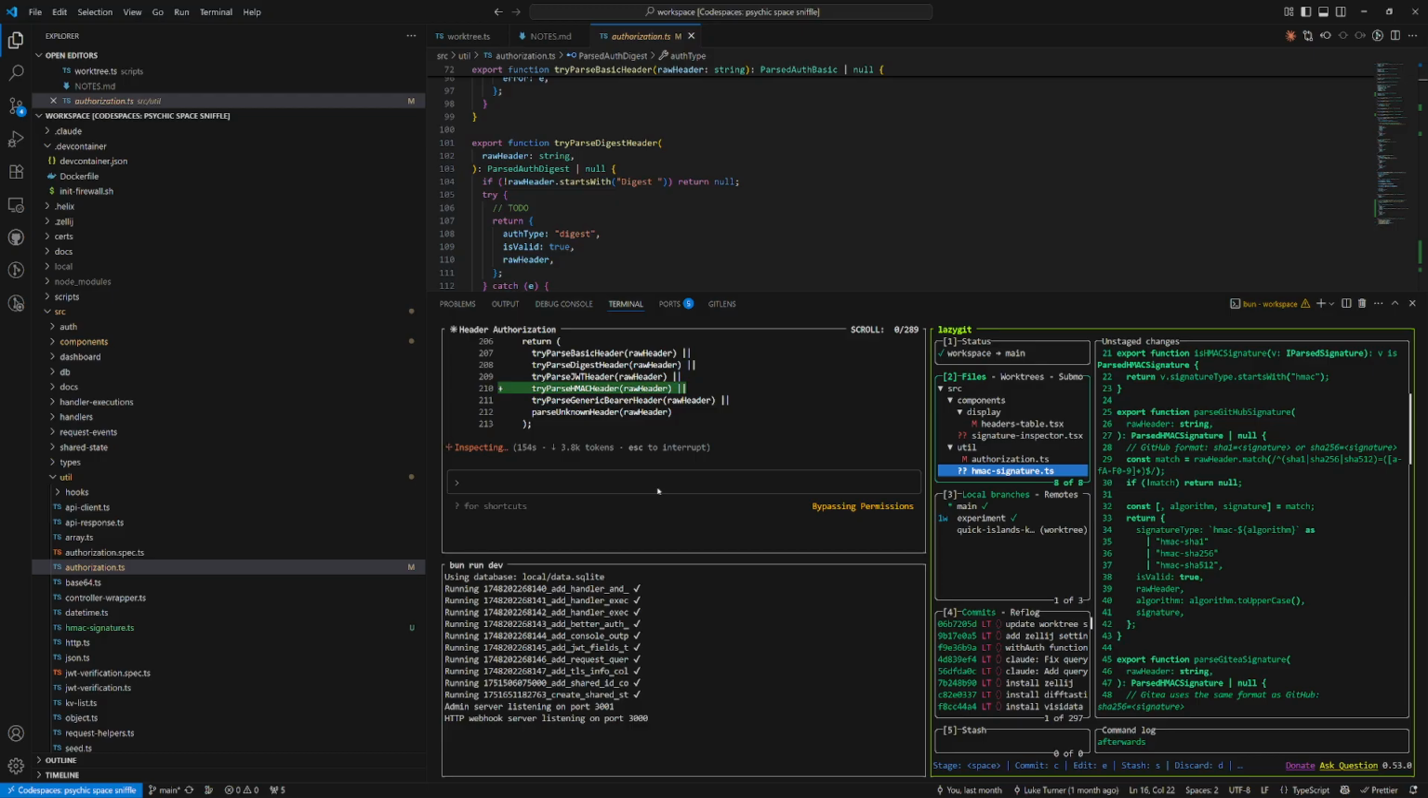But first, we'll actually have it generate a sample request for us as well. Once it's done thinking,